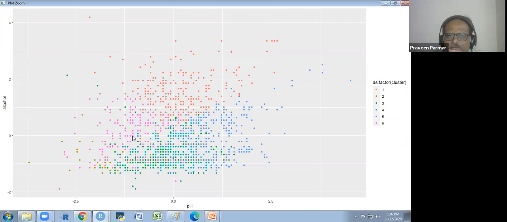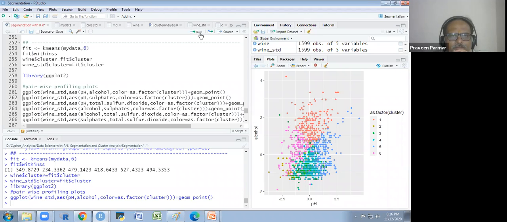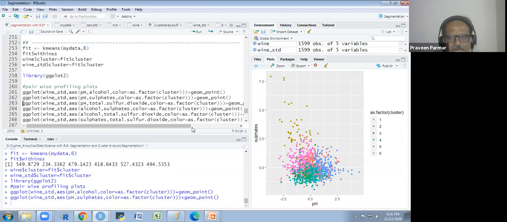Some of this purple color are here. And some green colors are here. I will show you some other 2 variables. Here you see the sulfur dioxide and pH.